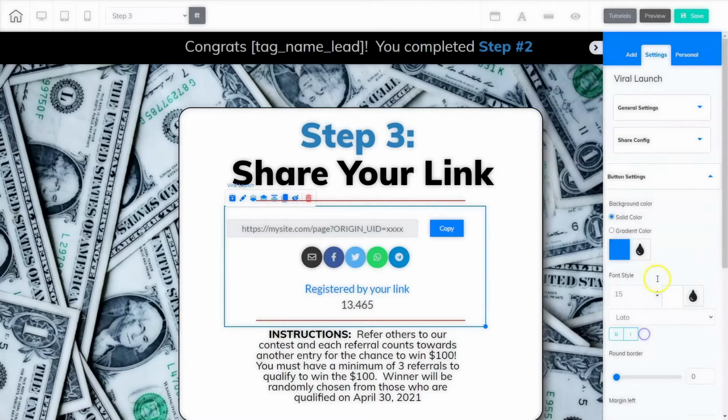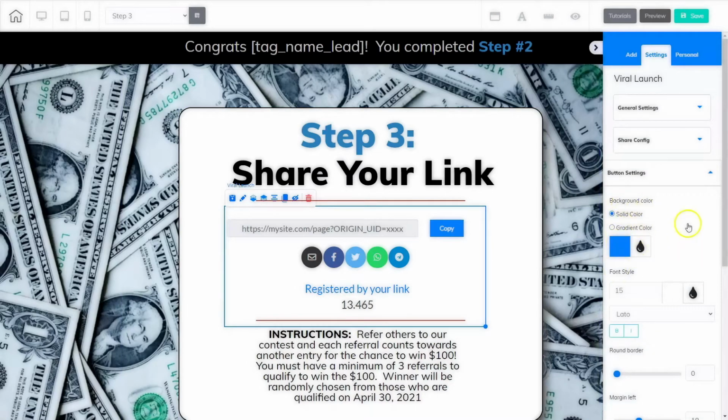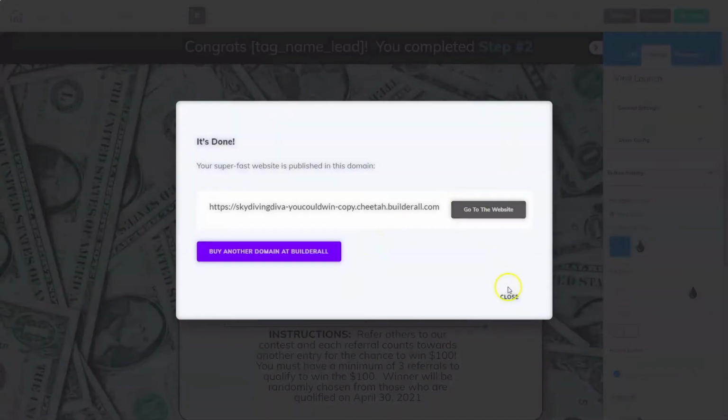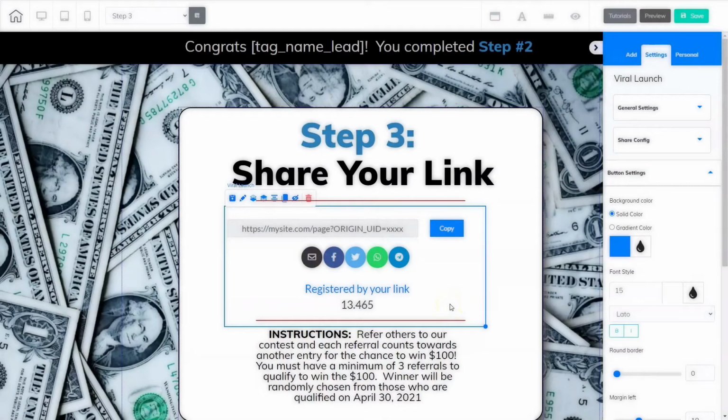We also have the ability to change the button, so you can change the background color to make sure that everything in this viral launch results page is exactly what you want for the design of your website and the branding. So once you've got that set up the way you want it, you click Save. And then of course you want to make sure to publish. So that's how you set up the 3 pages inside of your Cheetah website.